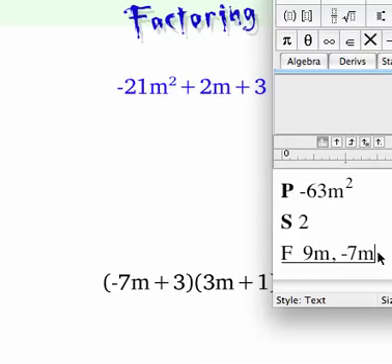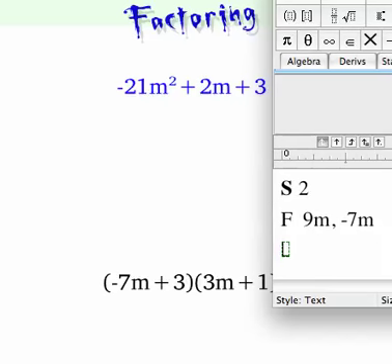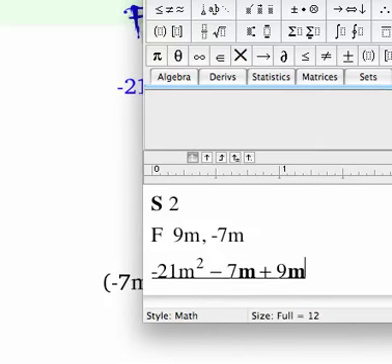All right, so then when we go to write our factors, we write -21m squared, take away 7m, so we can factor, and then plus 9m, let me move that over so you can see it, plus 9m